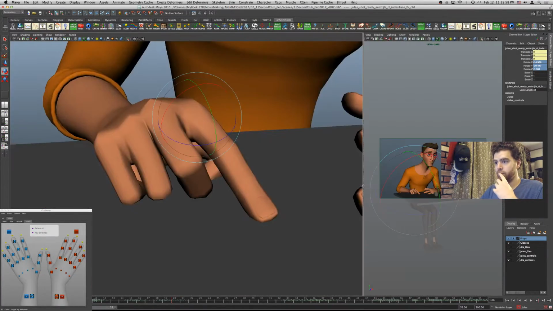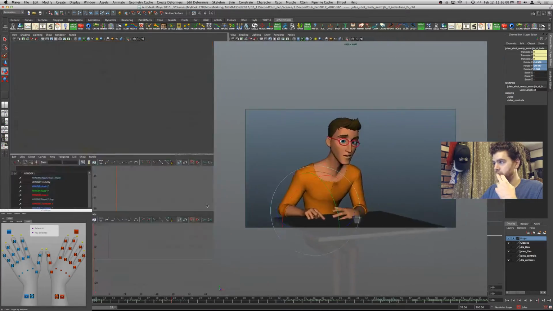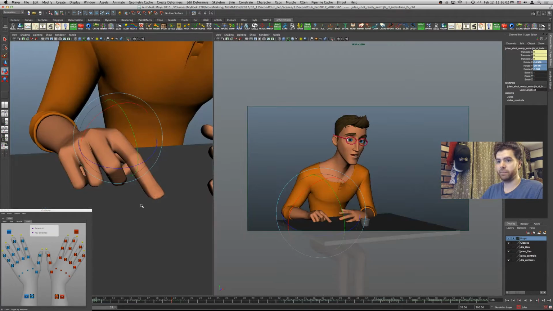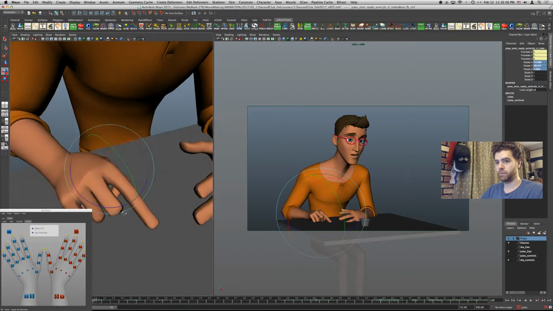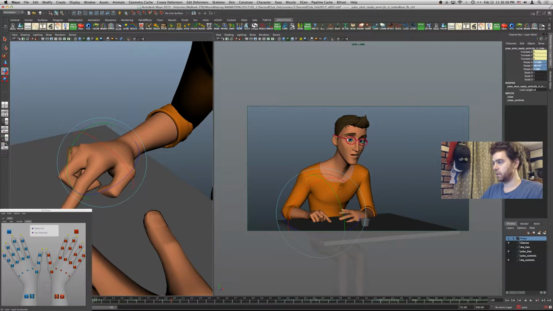And then I can, like that maybe. Okay. Try to relax this thumb just a touch. Seems very aggressive.